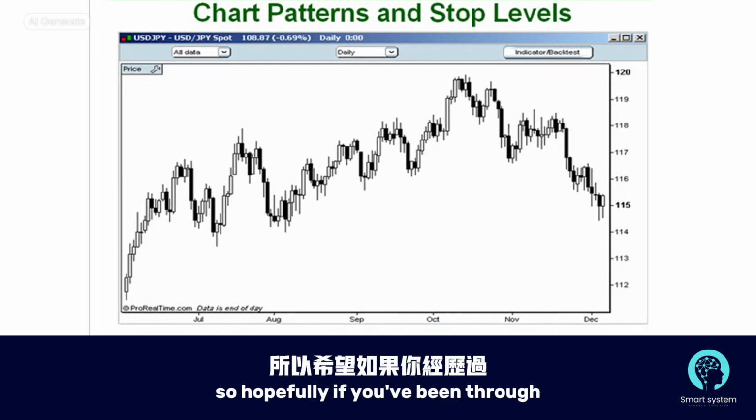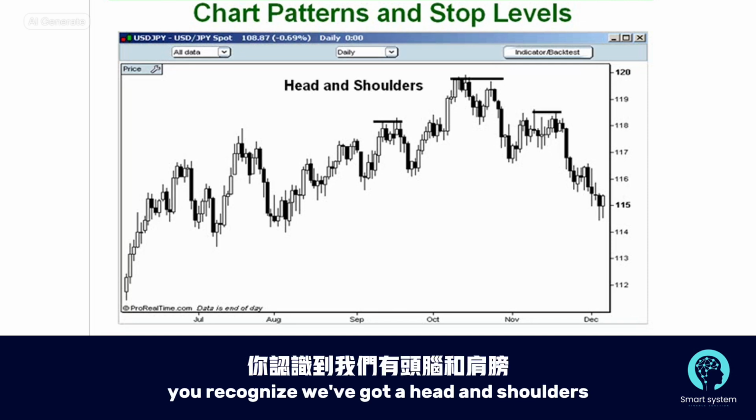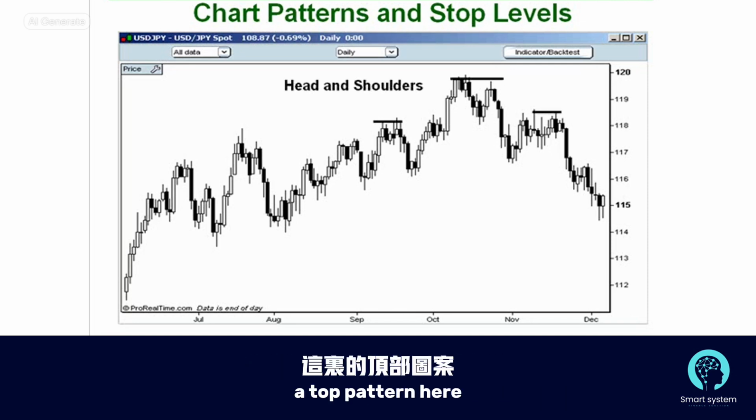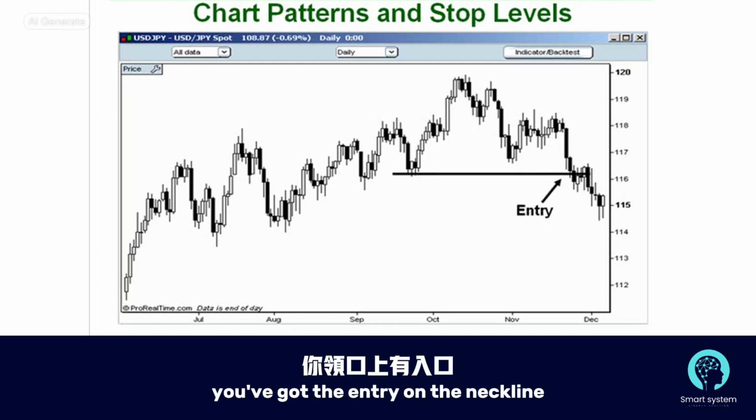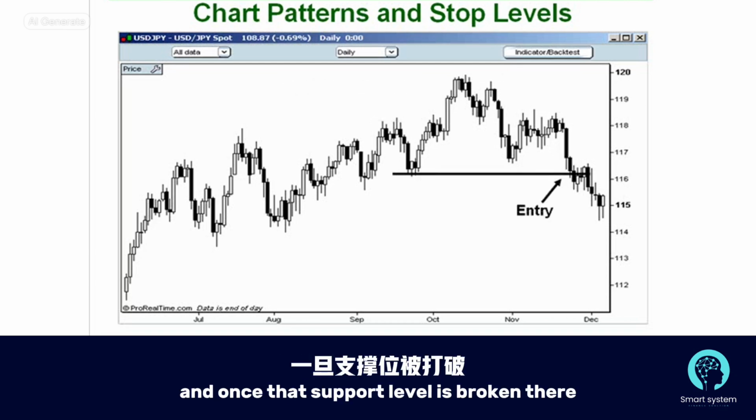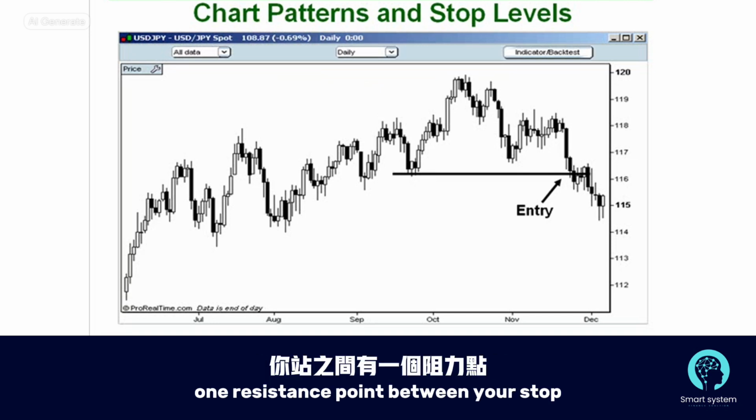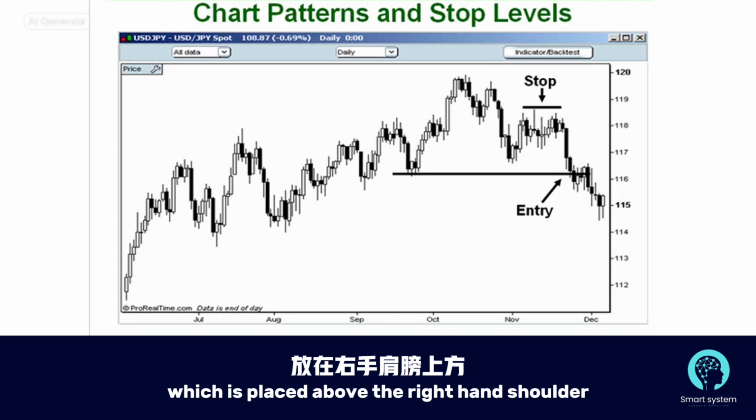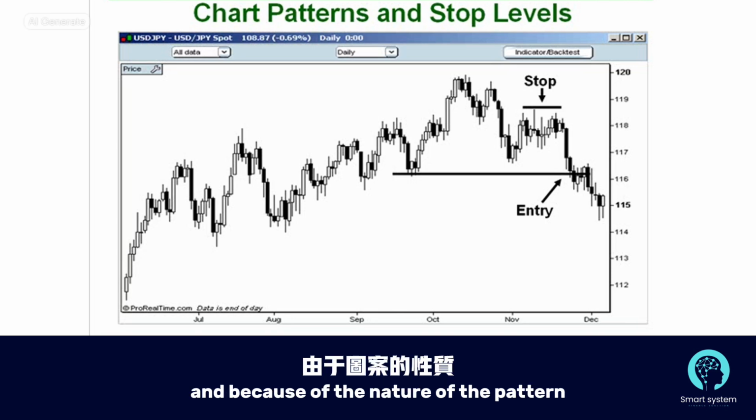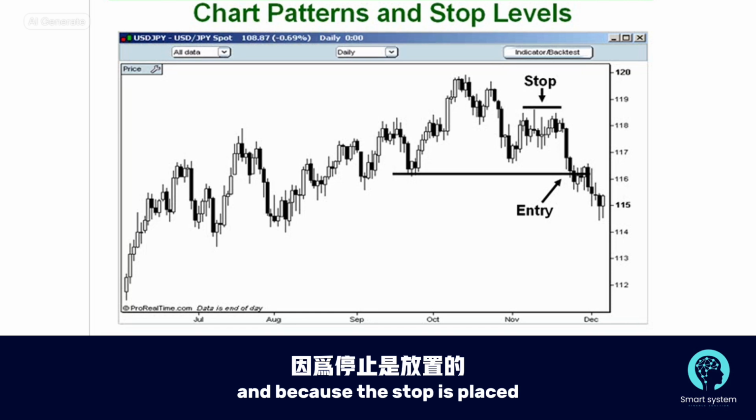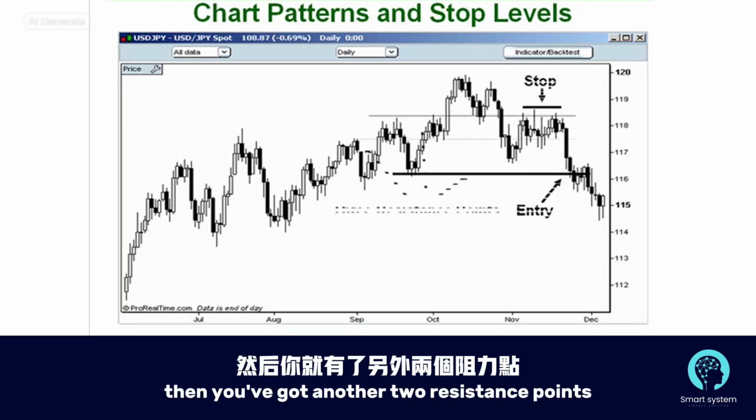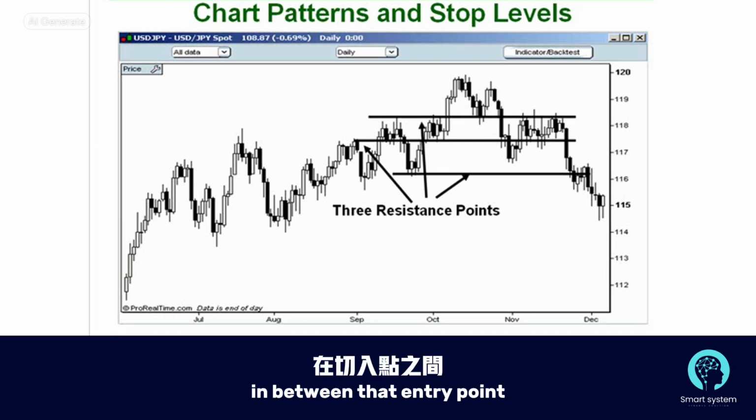So hopefully if you've been through our lesson on head and shoulders, you recognize we've got a head and shoulders top pattern here, and as you can see, you've got the entry on the neckline, and once that support level is broken, it becomes resistance. So you've got one resistance point between your entry and your stop, which is placed above the right hand shoulder. And because of the nature of the pattern, and because the stop is placed above the right hand shoulder, you've got another two resistance points in between that and the entry point,